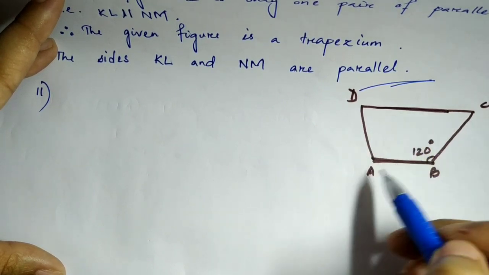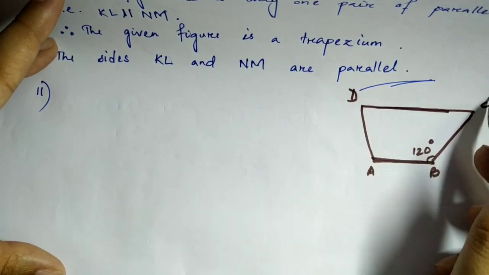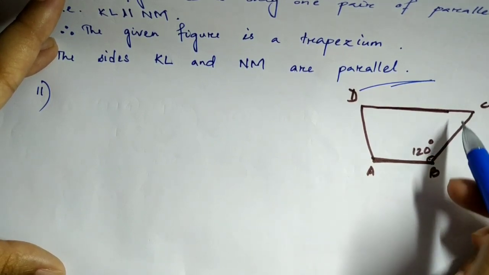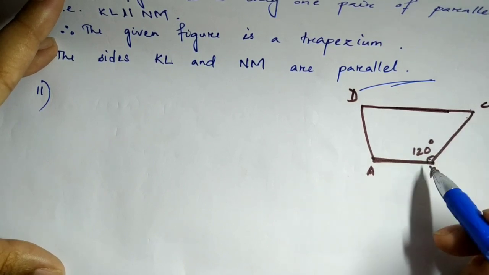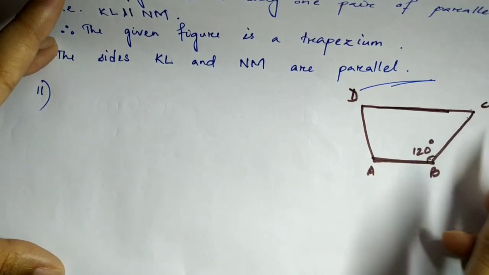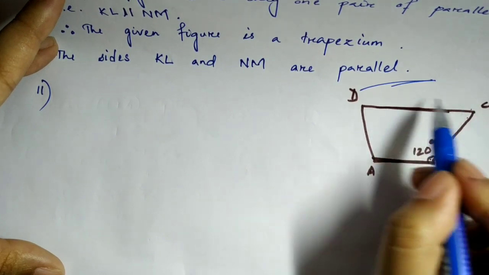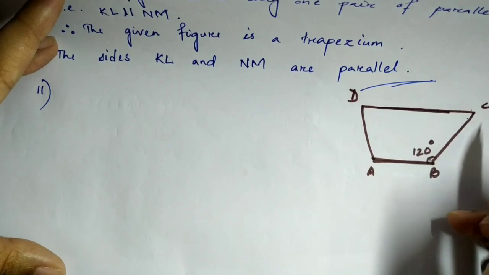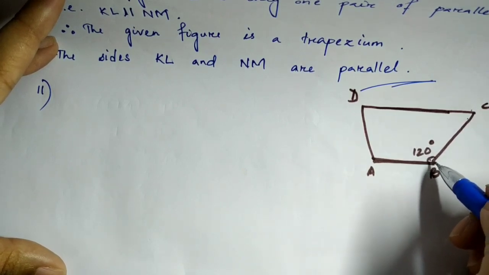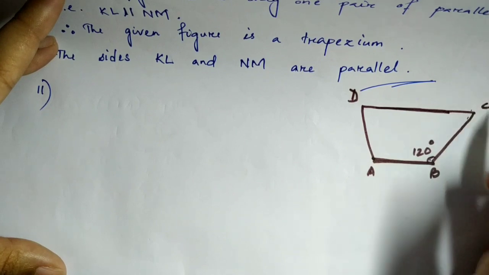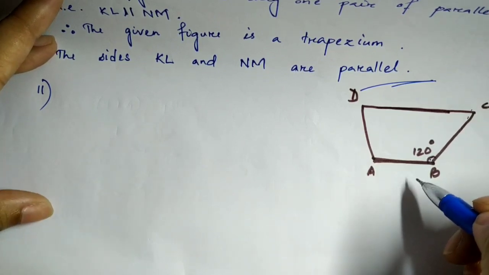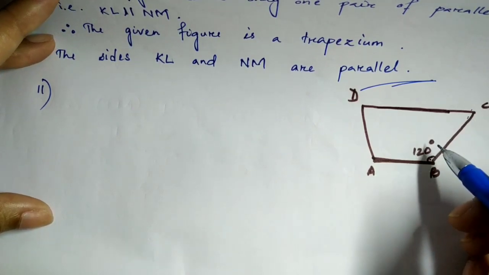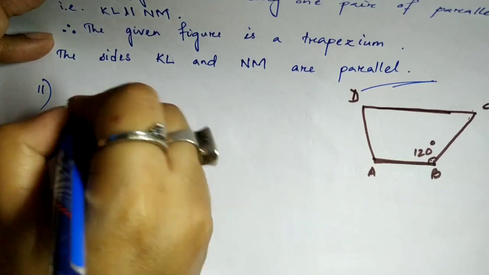Now if you see, these two are parallel sides and these are the two transversals. So when this is a transversal, this and this are the angles on the same side of the transversal BC, right? See, AB is parallel to DC and BC is the transversal, the line you have got in your class 7, what is a transversal. Now this angle and this angle are on the same side of the transversal, and we know that the angles on the same side of the transversal, when we add them, we get 180 degrees. So we can use that particular formula to solve this sum.